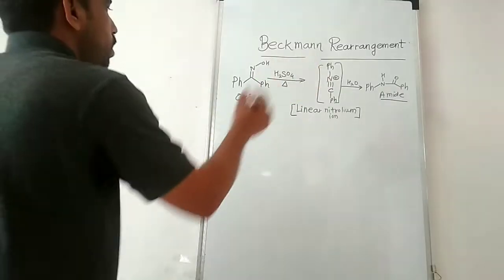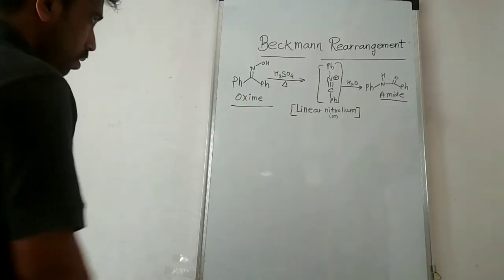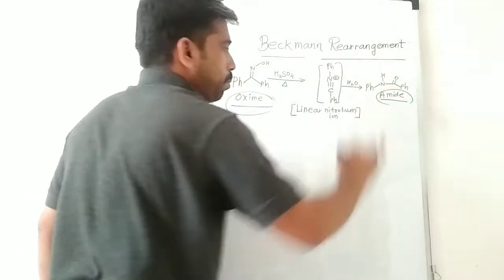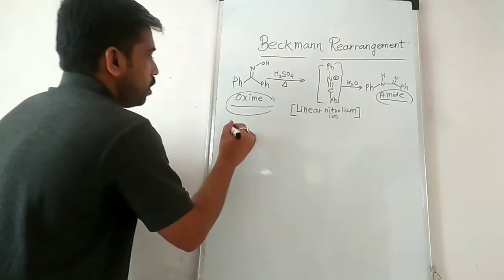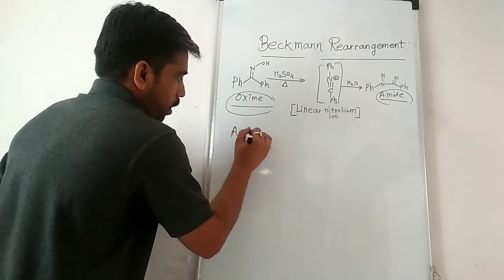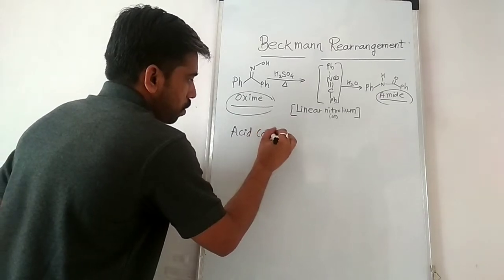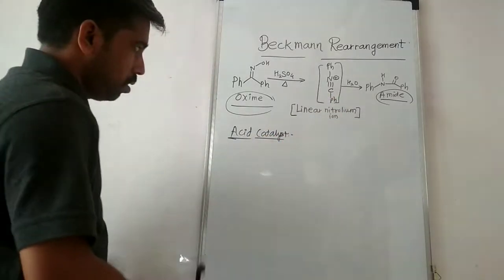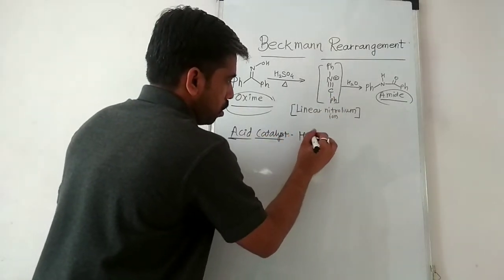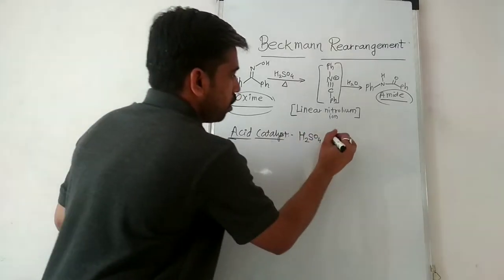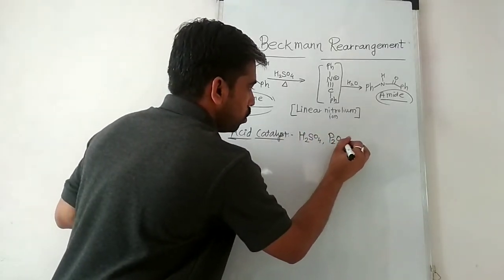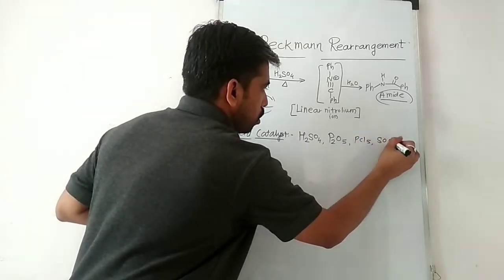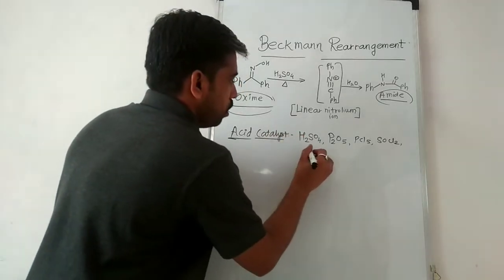Now the Beckmann rearrangement is the acid catalyzed rearrangement of the oxime, that is aldoxime or ketoxime, to the corresponding amide. Okay. Now, which acid is used as the catalyst for the Beckmann rearrangement? First one is H2SO4, then P2O5, then PCl5, SOCl2, phenyl chloride, then SO3,